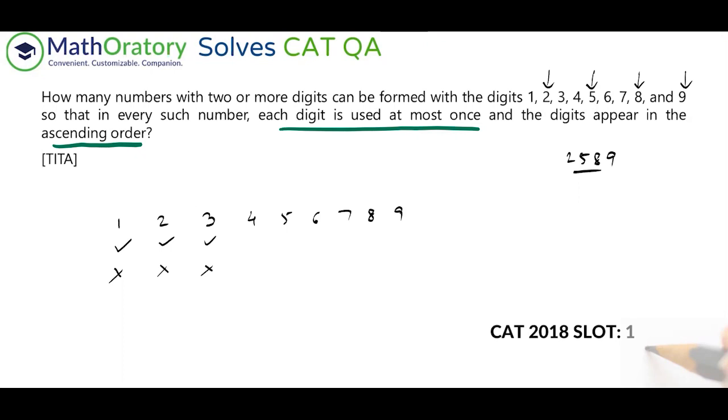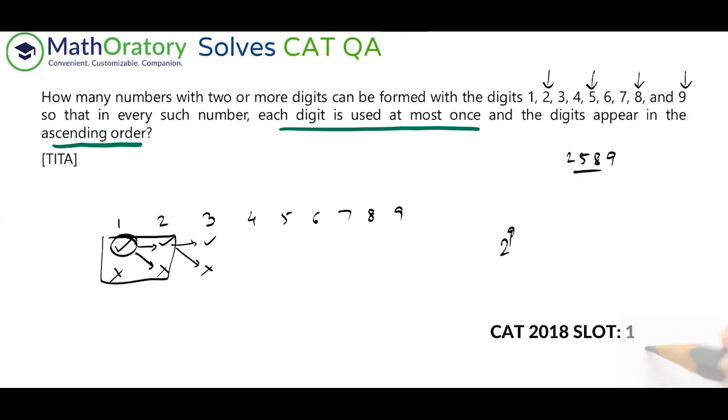Please understand, these are corresponding choices. For those not initiated with this terminology, corresponding implies that once you make a selection for one digit, either you select it or not, then corresponding to that, you will have 2 choices for the next. So these choices are getting multiplied. For each choice here, you have 2 choices there, and so on. So you have 2 into 2 into 2, 9 times, so 2 to the power 9 options straight away. For each of those 2 to the power 9 options, you can always make one number.